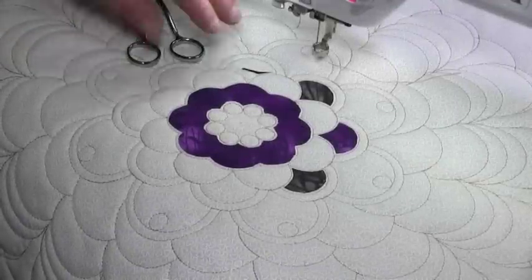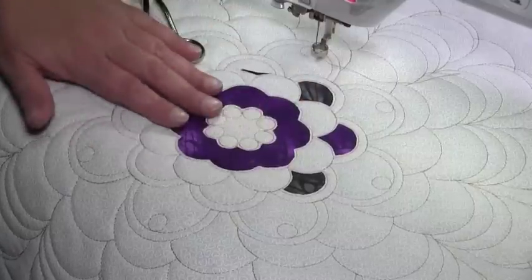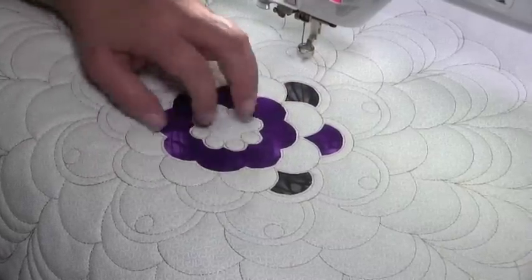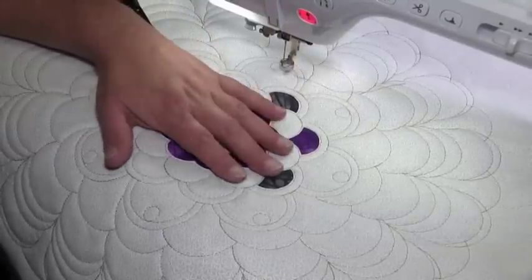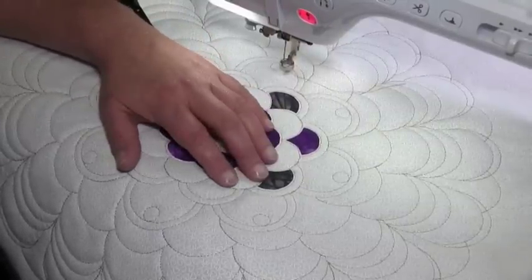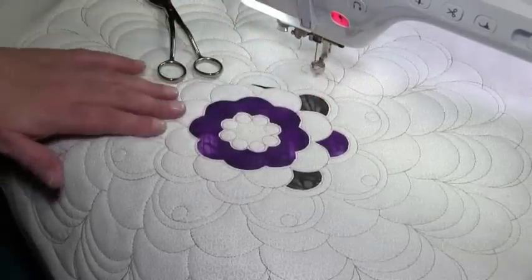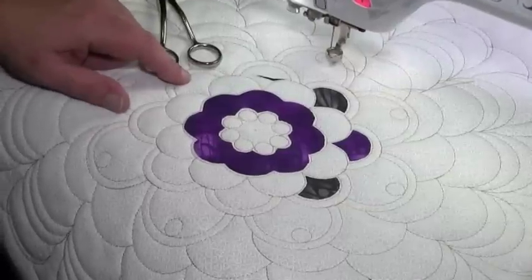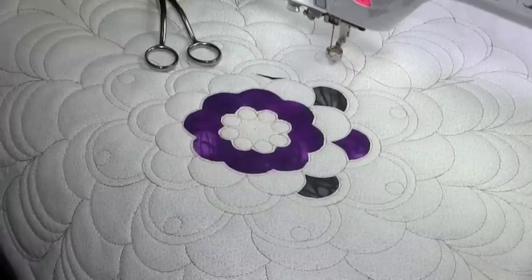With template quilt, what we will do is cut away the layers. So I've cut away the first layer of cream here, and that exposes the purple. Here I've cut away the cream and the purple, so we're now exposing the black. This one I'm going to leave with purple and work my way around alternating the colours. I could take it to black all the way around. It's a way of creating applique and quilting in one movement,